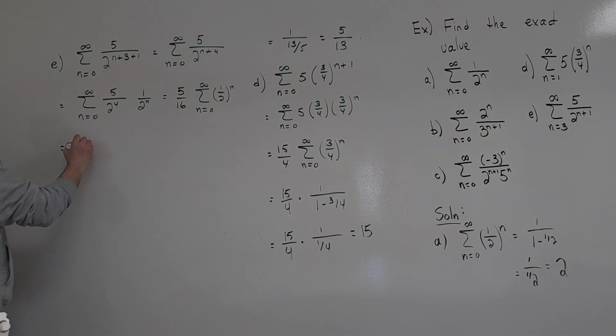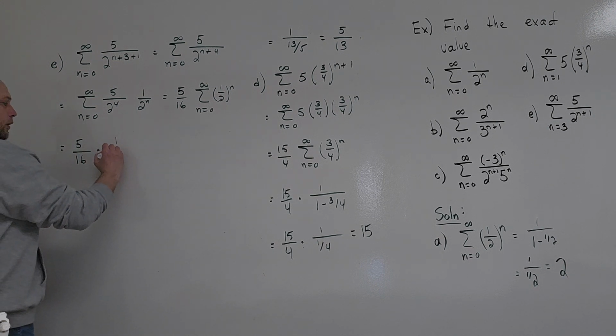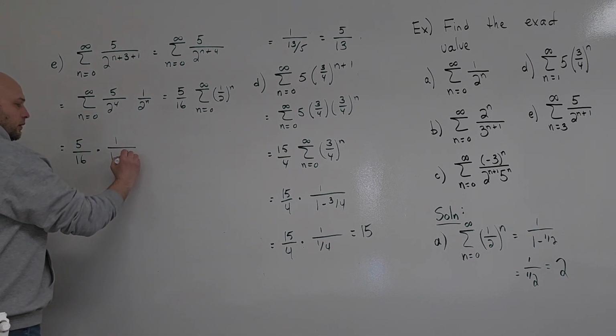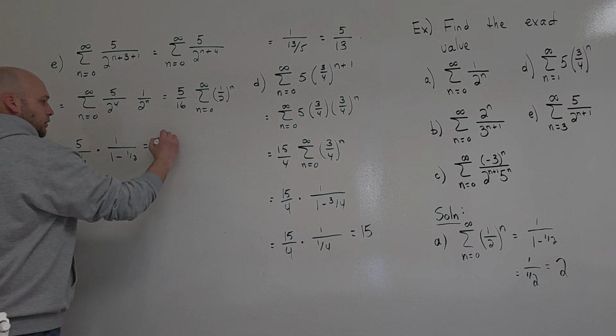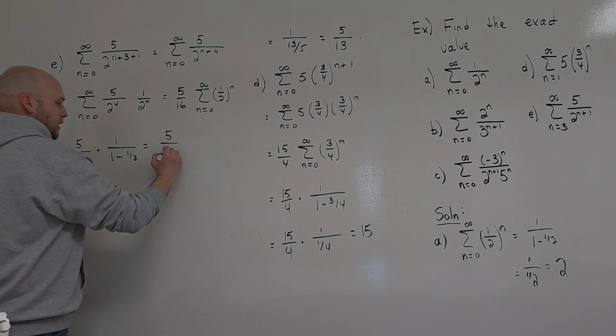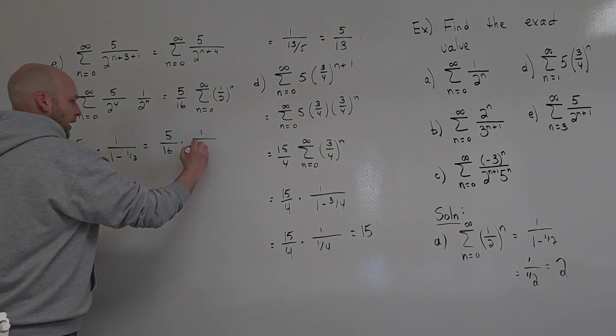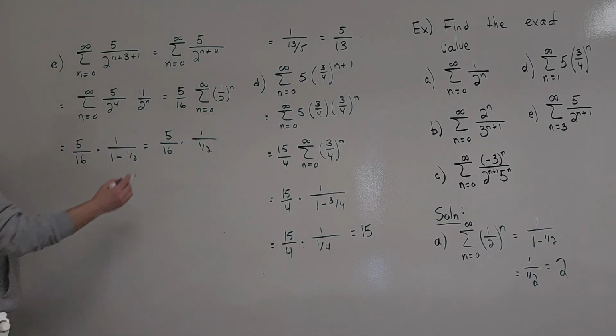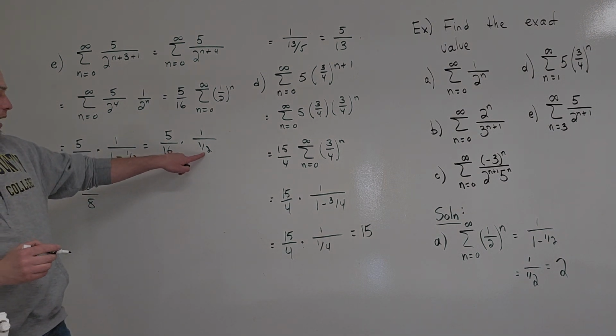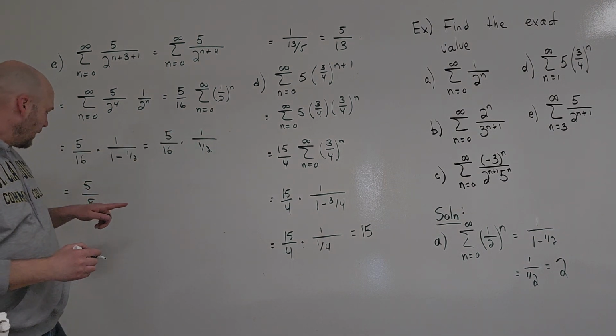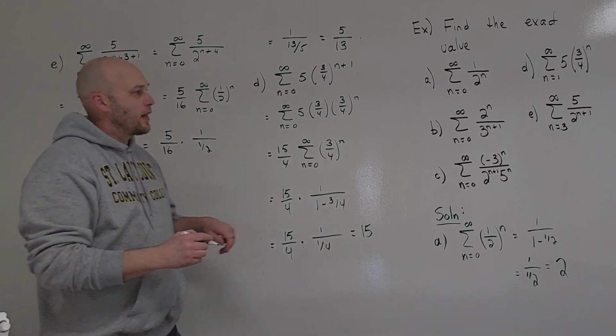Now we can wrap it up and use my formula. 5 over 16 multiplied by 1 over 1 minus r, which is 5 over 16 times 1 over a half. Multiply straight across. This would give you 5 over 8. 16 and a half would be 8, 5 and 1 would be 5, and therefore 5/8 is the value of